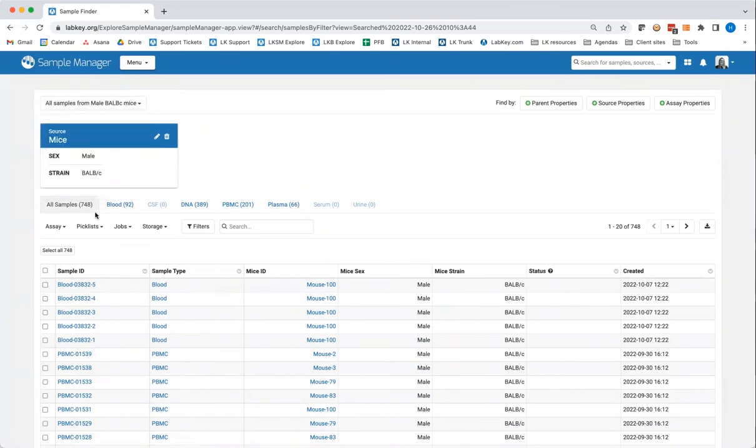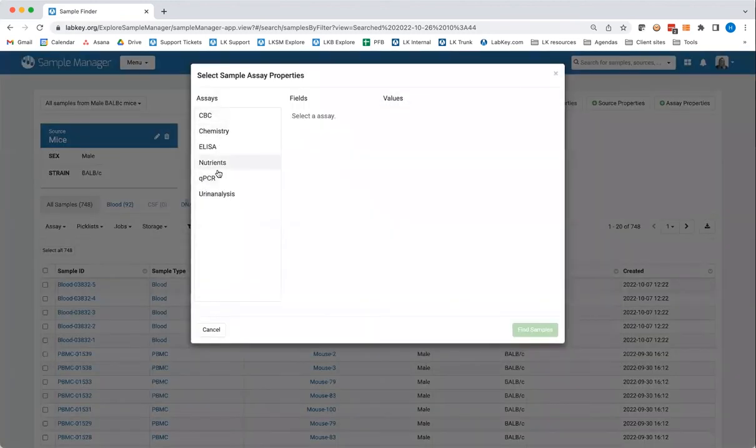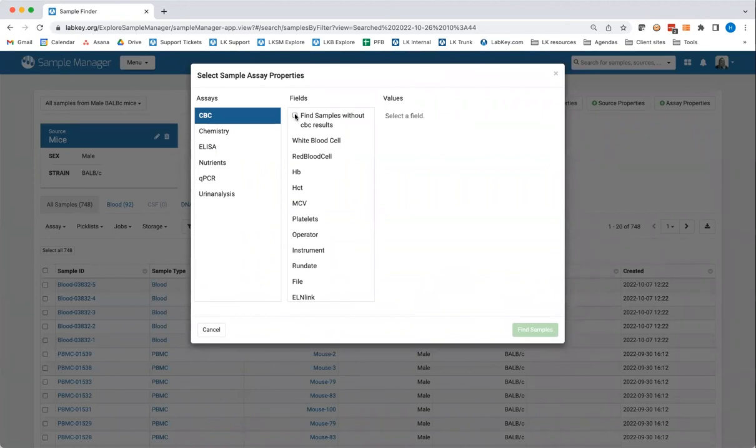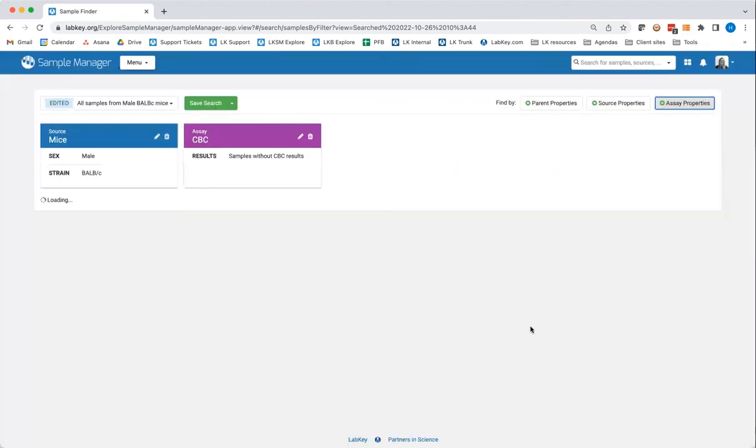From my list, I can then select, export, or perform actions on samples. Additionally, I can continue to refine the search by parent property. So maybe I'm looking for samples that have a certain assay data associated with it, or perhaps data that is lacking. So I can click on Find Samples Without CBC Results and look for all of the data that doesn't